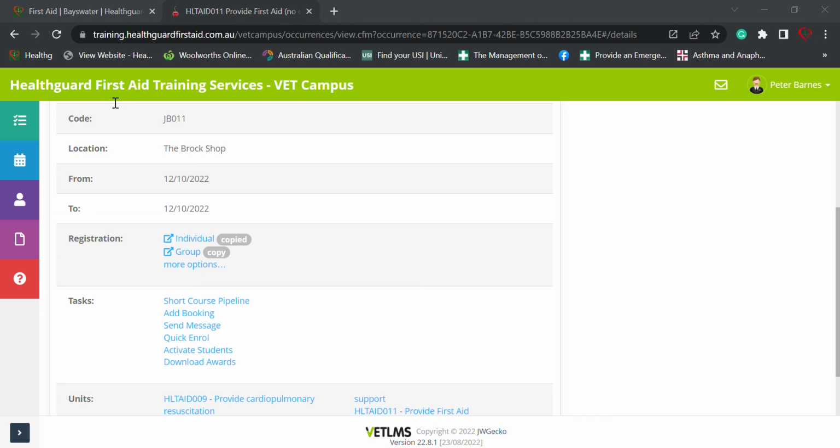We'd send them that email, and they would forward that email to all their staff who they wish to take part within the course. This is not one link per student, this is one link for all students. So he can send it to one person or 30 people, it doesn't matter. As long as he does send it to the people he believes or he requires to go to the course